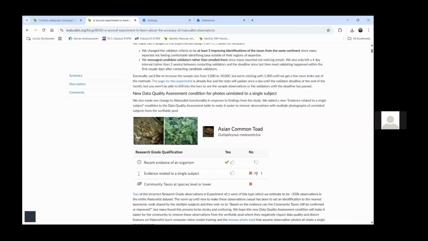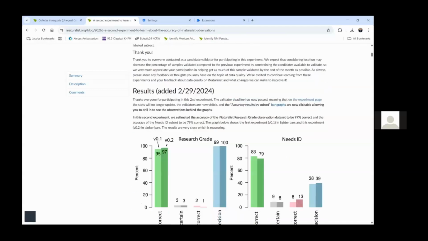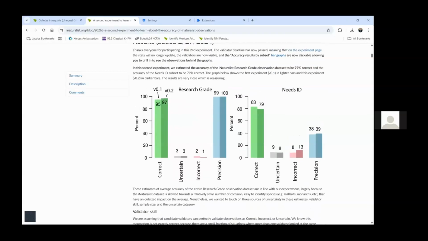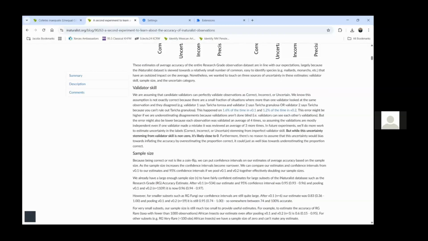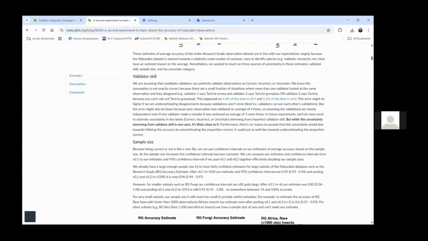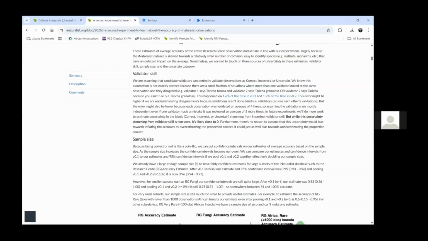If you think it's wrong, disagree with it. So here, for example, we're assuming that candidate validators can perfectly validate observation as correct, incorrect, or uncertain. So obviously not everyone can identify everything, but they tried to, in this experiment, have a large enough pool of people participate